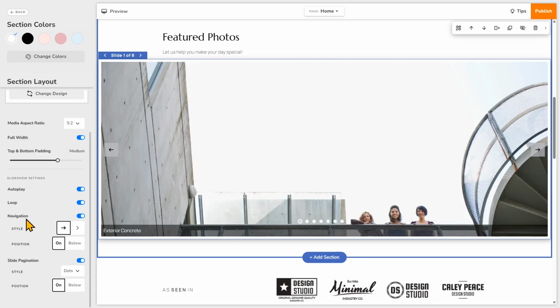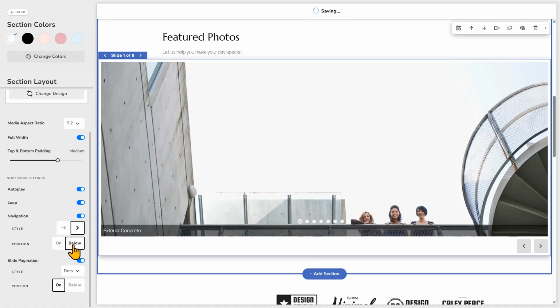And now you can choose whether you want to show the navigation arrows. I'll have that toggled on, so you can choose the arrow type, and you can choose whether you want these navigation arrows to be on the slideshow itself or below. You can also choose whether you want to add slide pagination, which shows visitors which slide they're looking at in the gallery. Some of the pagination types, like dots, also give them a way to interact with the slider by choosing to directly jump to a specific slide by clicking on that pagination indicator. So you can choose how to display the pagination, for example, dots, progress bar, etc.